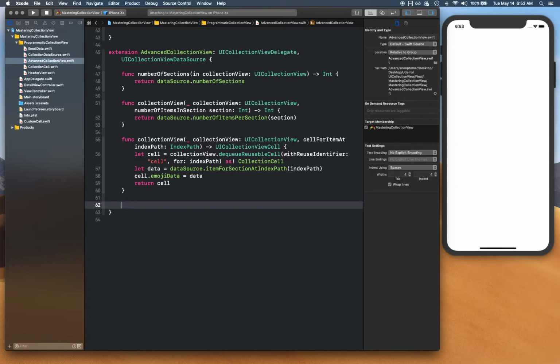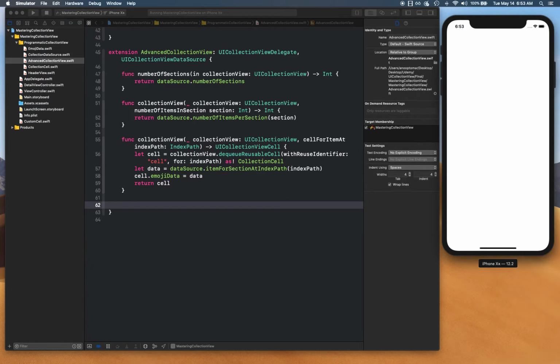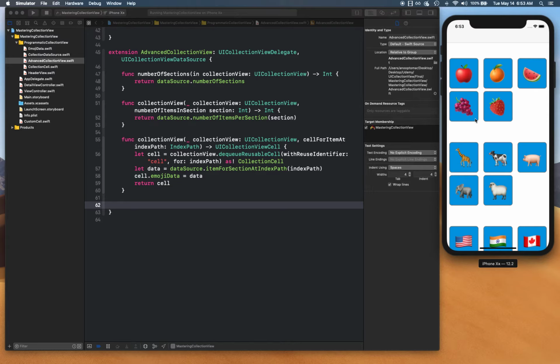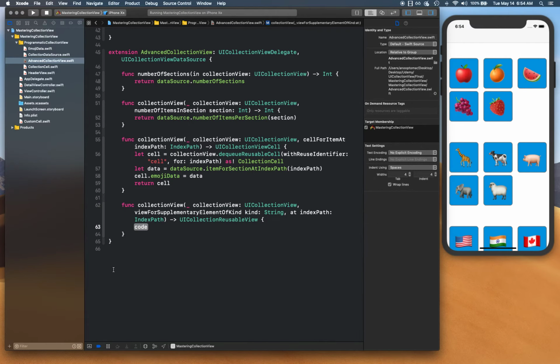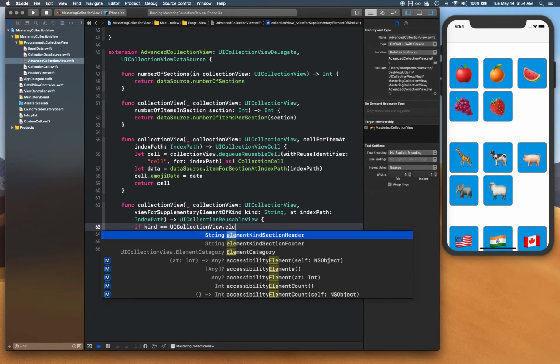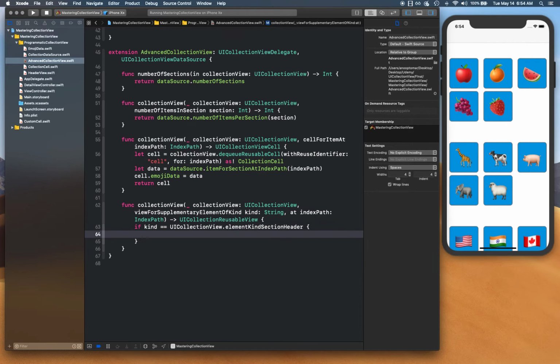Well, we are not going to get anything because there's one more method that we need to implement. Okay, so height and everything is showing up fine. That means our header is ready to appear, but not quite. So there's one last method that we need to override: view for supplementary element of kind, and we need to check if the kind is equal to UI collection view dot element kind header. Okay, then do this, otherwise return